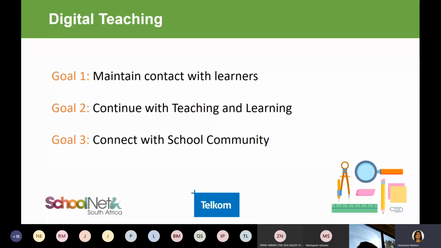It's a social dynamic, and it requires interaction between the teacher and the child. The second goal will be for us to continue with the teaching and learning. So we don't want to lose the entire academic year, and the only way for us to do that is to maintain some kind of teaching and learning